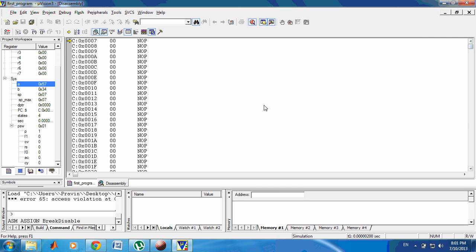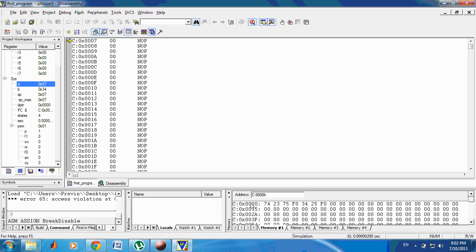Now if you want to see the memory contents, here it is showing a memory window. So click here. Now our program is in ROM, so it is a code memory. So just write C colon. Now we have started with this 000 hex, so write 0000 hex, enter it.